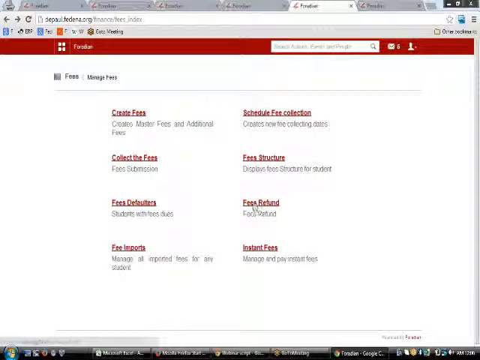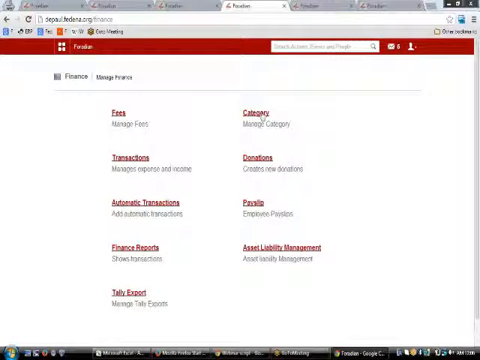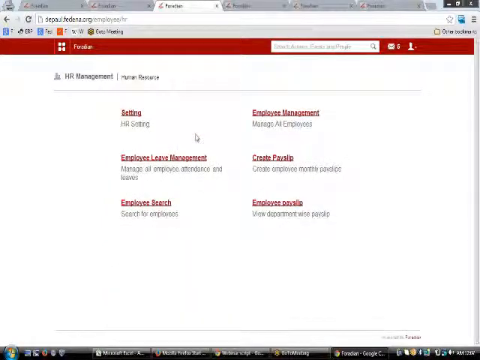Further, we'll be able to make some fee refunds using this fee refunds link, and the fee imports will help you to assign some fees to all of your students. So that's basically all about this fees link. So now let's jump onto this category where you'll be able to create some different